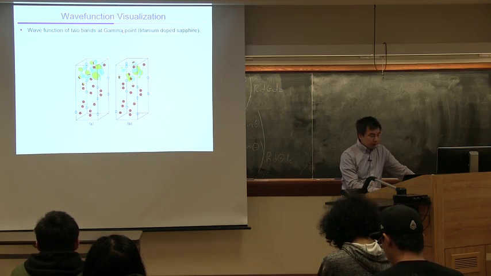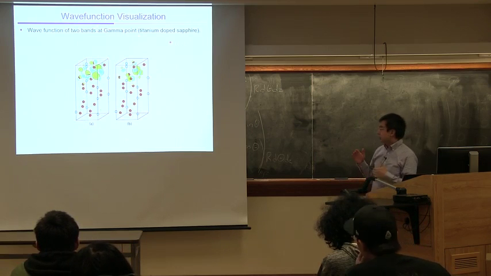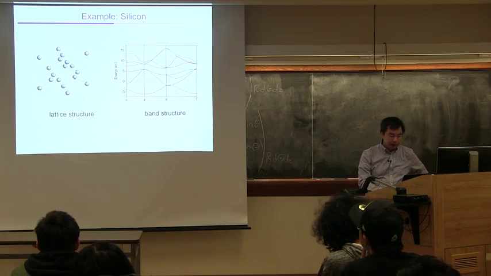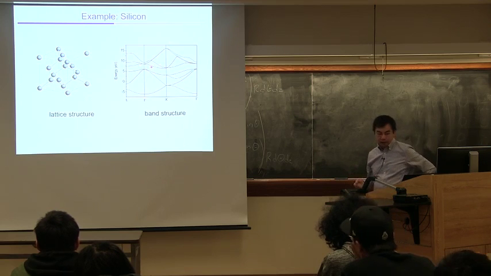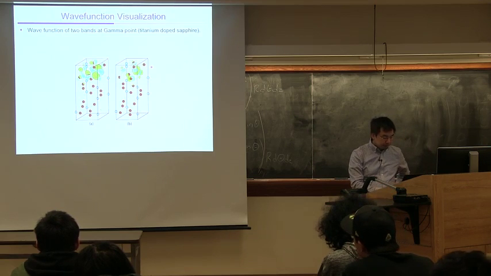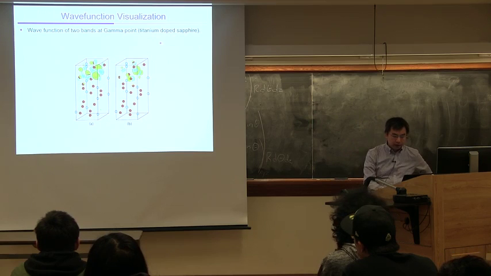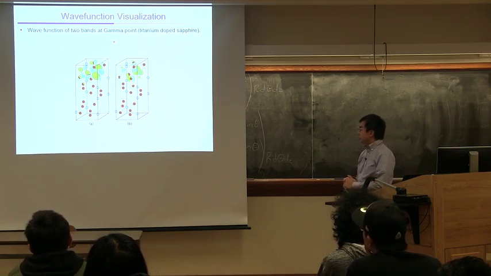Okay, this is another example. We can even visualize the wave function. Once you have energy levels, you can pick any point on the band structure, and if you want to visualize the wave function, you can do that. So this is an example of titanium-doped sapphire. Sapphire is an ultrafast laser material. We know that in a laser material